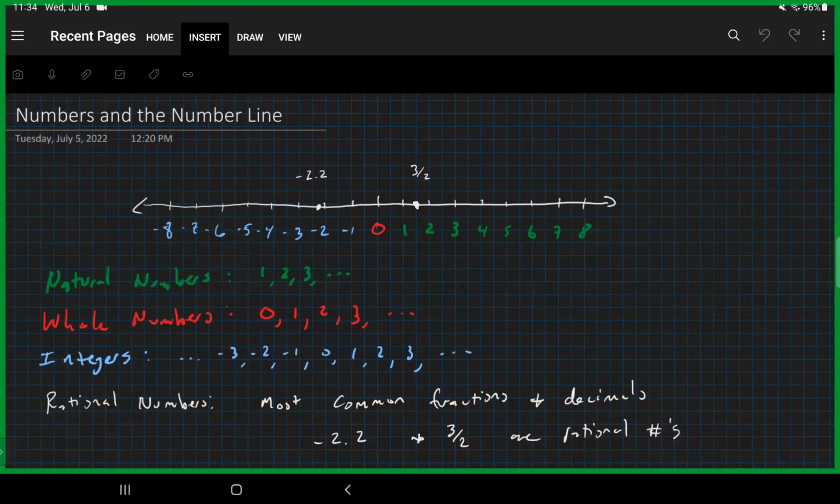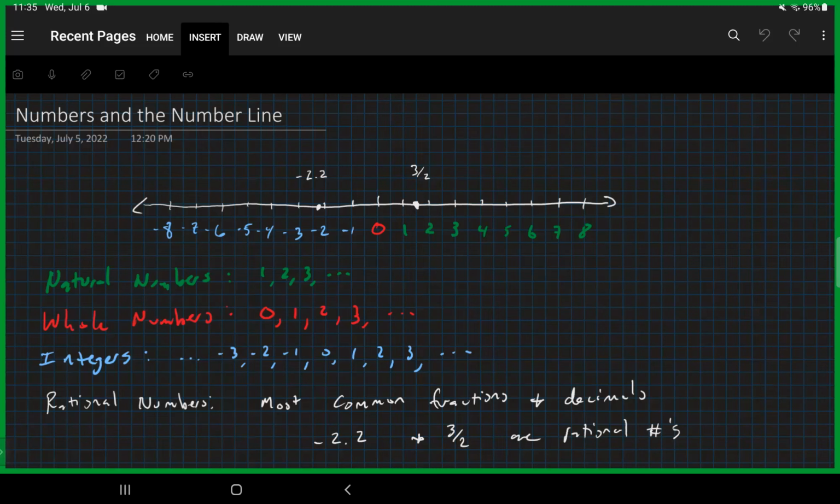Welcome to this video. We're going to talk about the numbers and the number line today. So here I have a number line drawn. On the left-hand side, you'll see in blue some negative numbers, zero in red, and I have some positive numbers